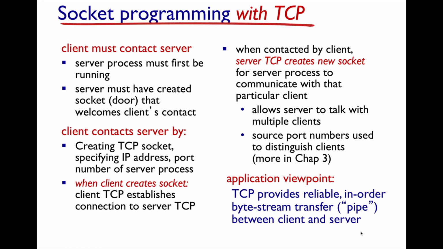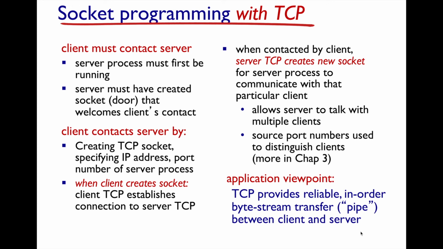When it first contacts, it's asking the server, do you have the buffer space, the timers, the variables, all of the things that are required to engage in reliable exchange of data. And so when that socket returns, that means that the server is able to satisfy the resources needed to do that, and then the client subsequently now exchanges information with the server. So when the client creates the socket, it establishes the connection to the server, and then when the client is contacted, a new socket is created in the server, and that's called your connection socket.